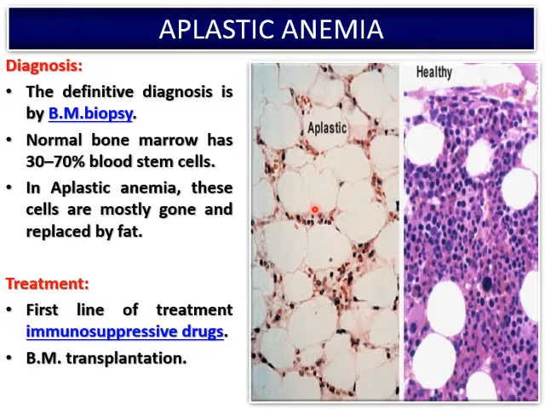But in case of aplastic anemia, most of the blood cells are gone and replaced by fat. So the bone marrow biopsy in case of aplastic anemia usually shows many fat cells with a decreased number of normal blood stem cells that can differentiate afterwards into normal mature blood cells. Usually the patient with aplastic anemia is treated